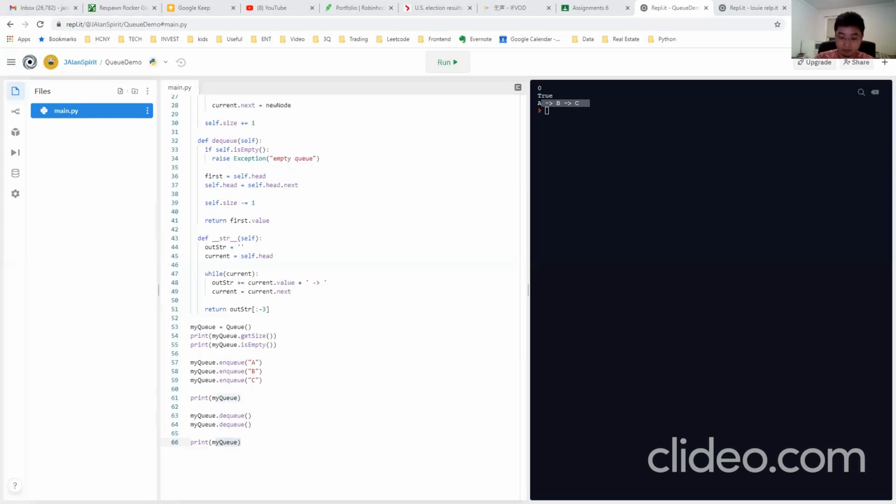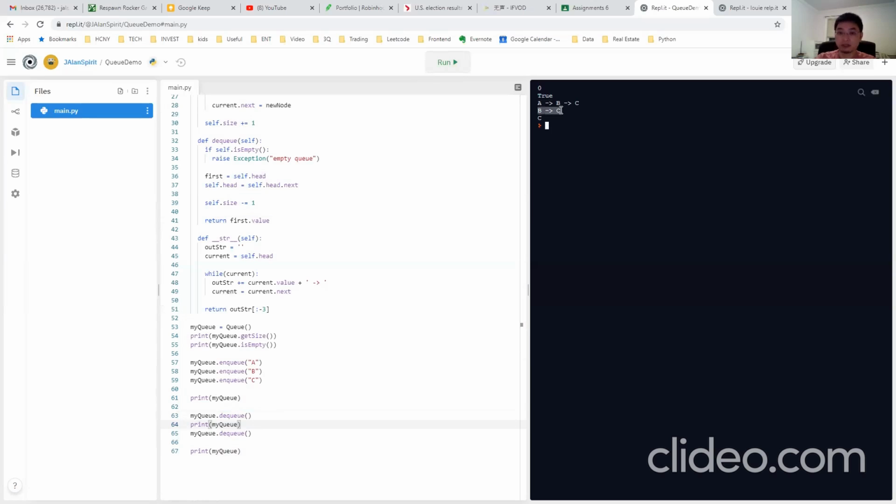Aston, what's the last print out? Value C. Value C. Okay. Do we understand that? Victor, Judy. Yeah. Why is it value C? Because I dequeue twice, right? If I print out my q in the middle again, I add the 3 values, and dequeue removes the first value.